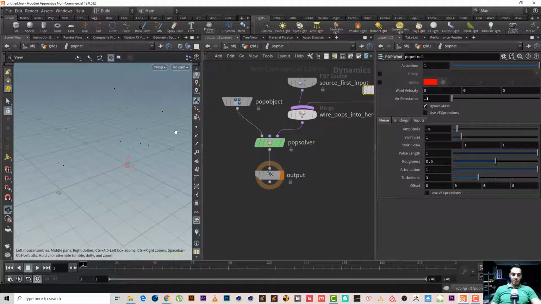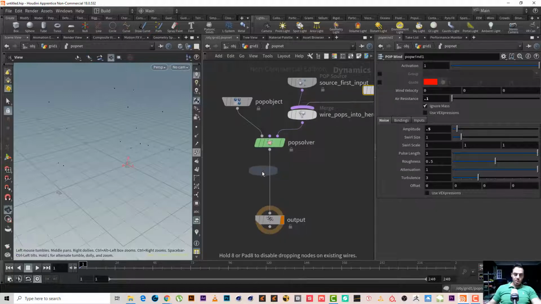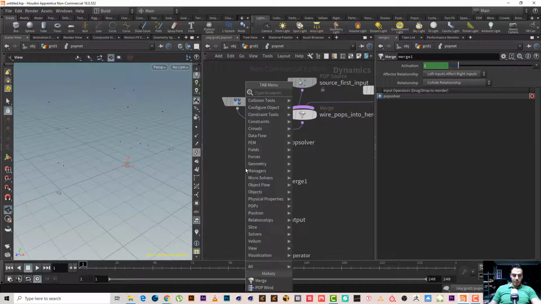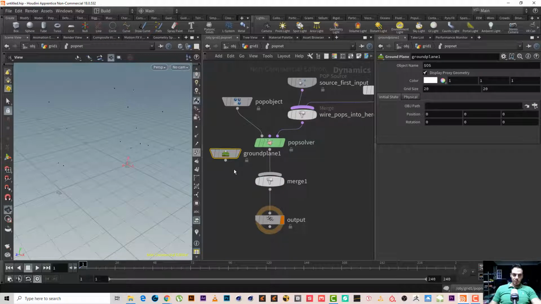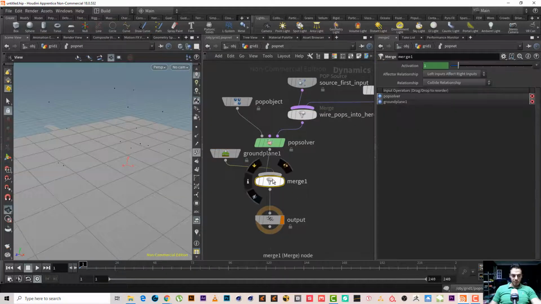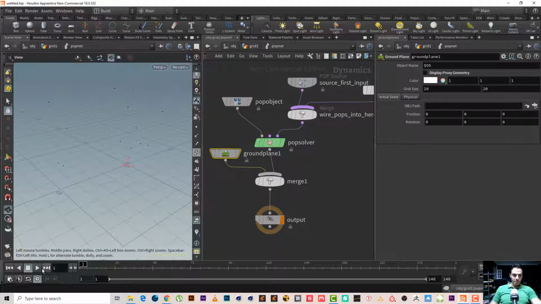If you want the particles to collide with a ground, we must add a merge node here. Let's add a ground. Let's add it like this. Shift R. Don't want to see it. So now any particle